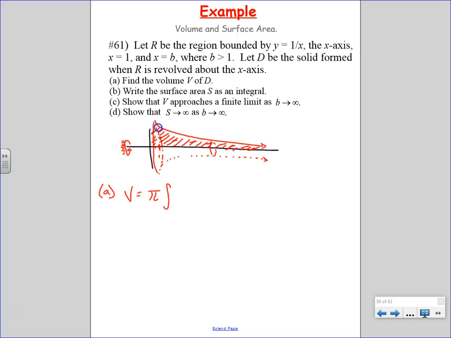So I, integral from 1 to b of r, which would be top minus bottom, right, squared dx. Have we expressed it? Yes. If we were to solve it,